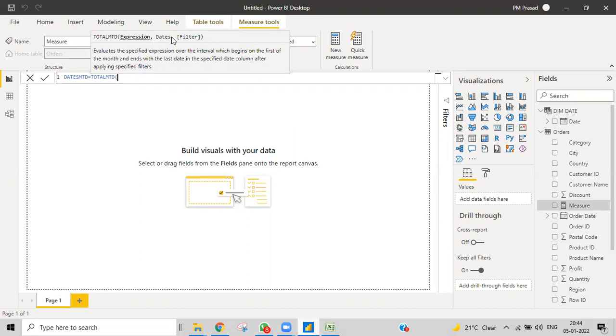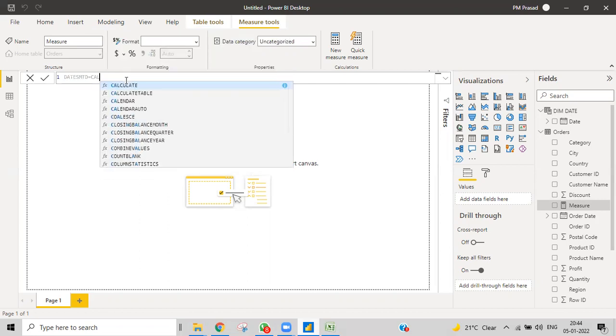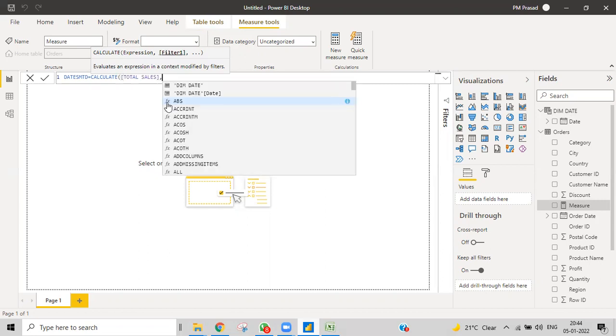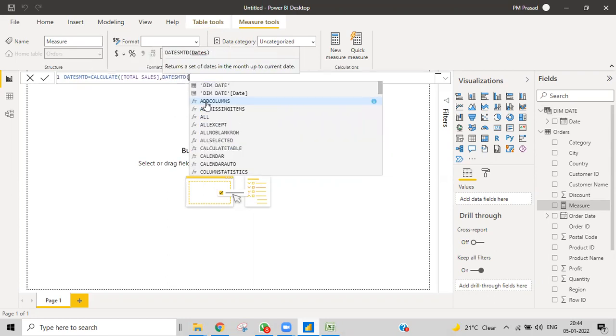But here we have something else. We use CALCULATE. The expression is total sales, and then the filter is DATESMTD, where the date is my dim date.